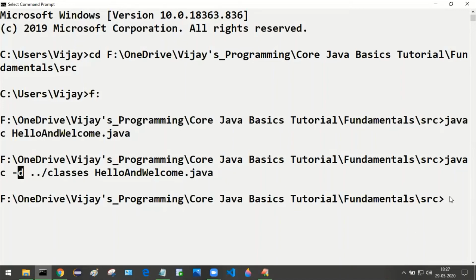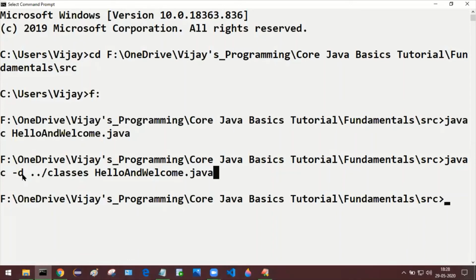Now, like that, we have another option. We have seen how to compile using this -d option. Now we are going to see another option called -cp. We are going to use this option while we are running our Java program.